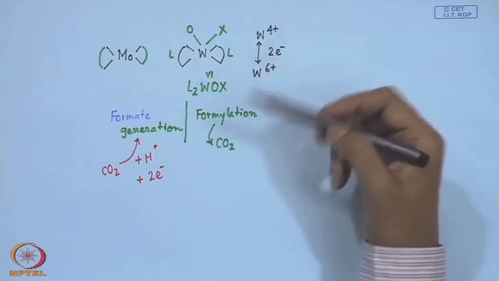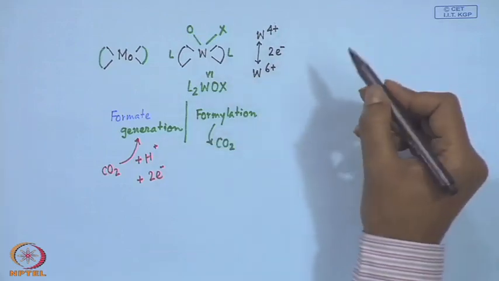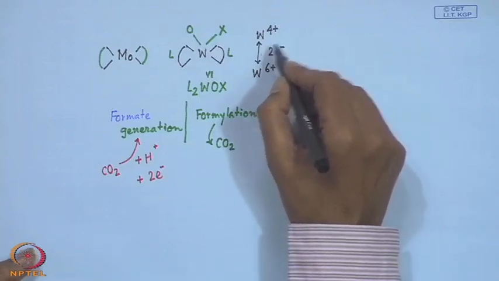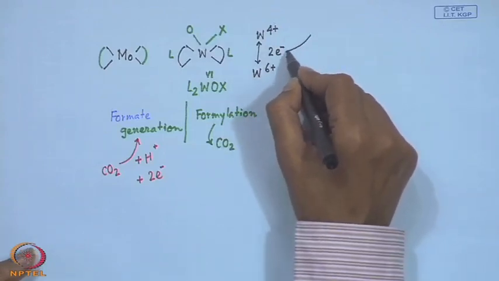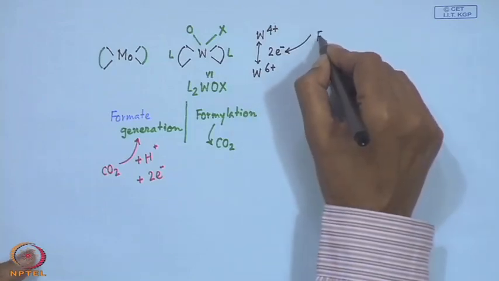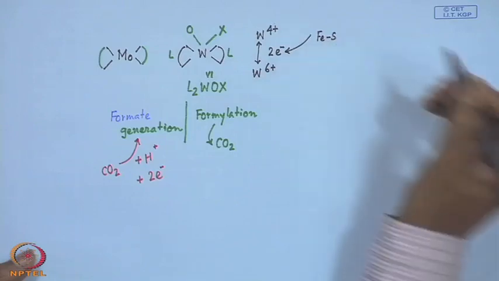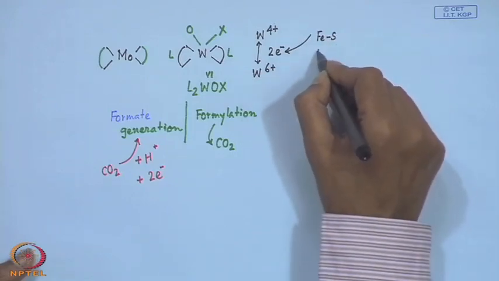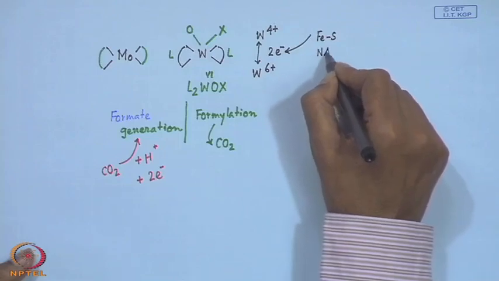Just a simple change in oxidation state of the metal center can supply the electron, and we can have some other source. It can be our iron sulfur clusters, ferredoxin clusters, or it can be some other biological